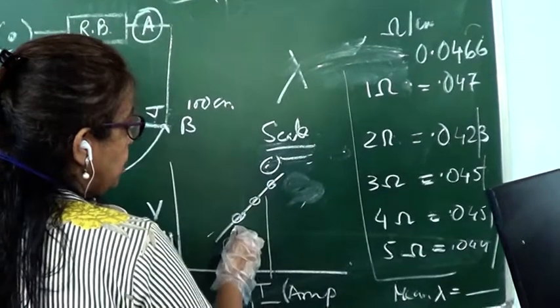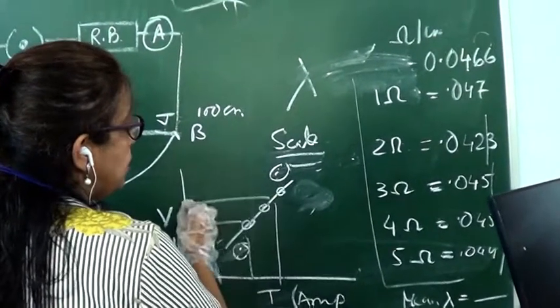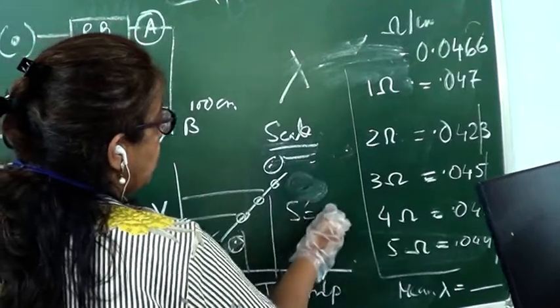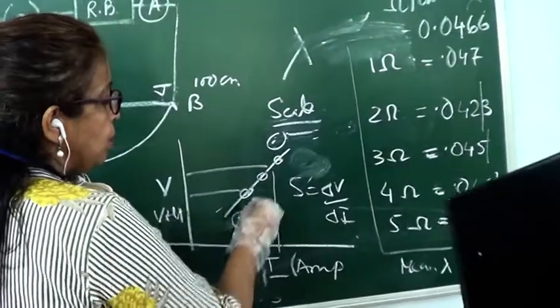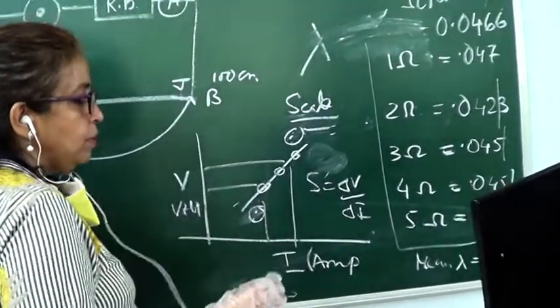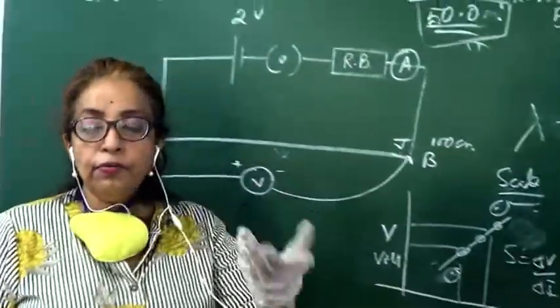And the slope is to be taken in the experimental region, once again with a pencil. So the slope will be your delta V by delta I. Experimental points should not be taken. Take some intermediate points from the graph for the slope. Can anyone tell me what the slope is coming from 2 data points? You take one V and one I.